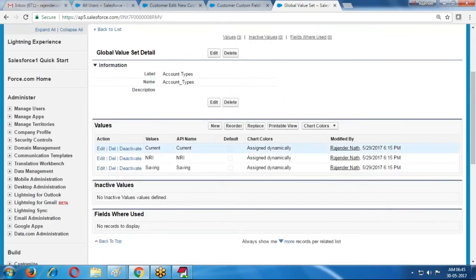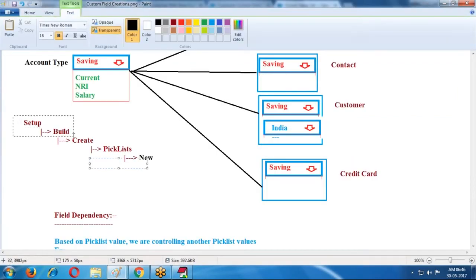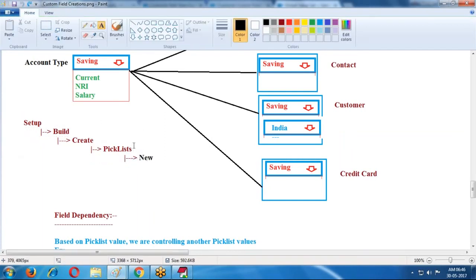With current, NRI, saving selected, wherever we use account types, these are the values displayed by default. Now this is the global pick list value I created. How do we create a global pick list value? Go to Setup, Build, Create, Pick List Value Sets.